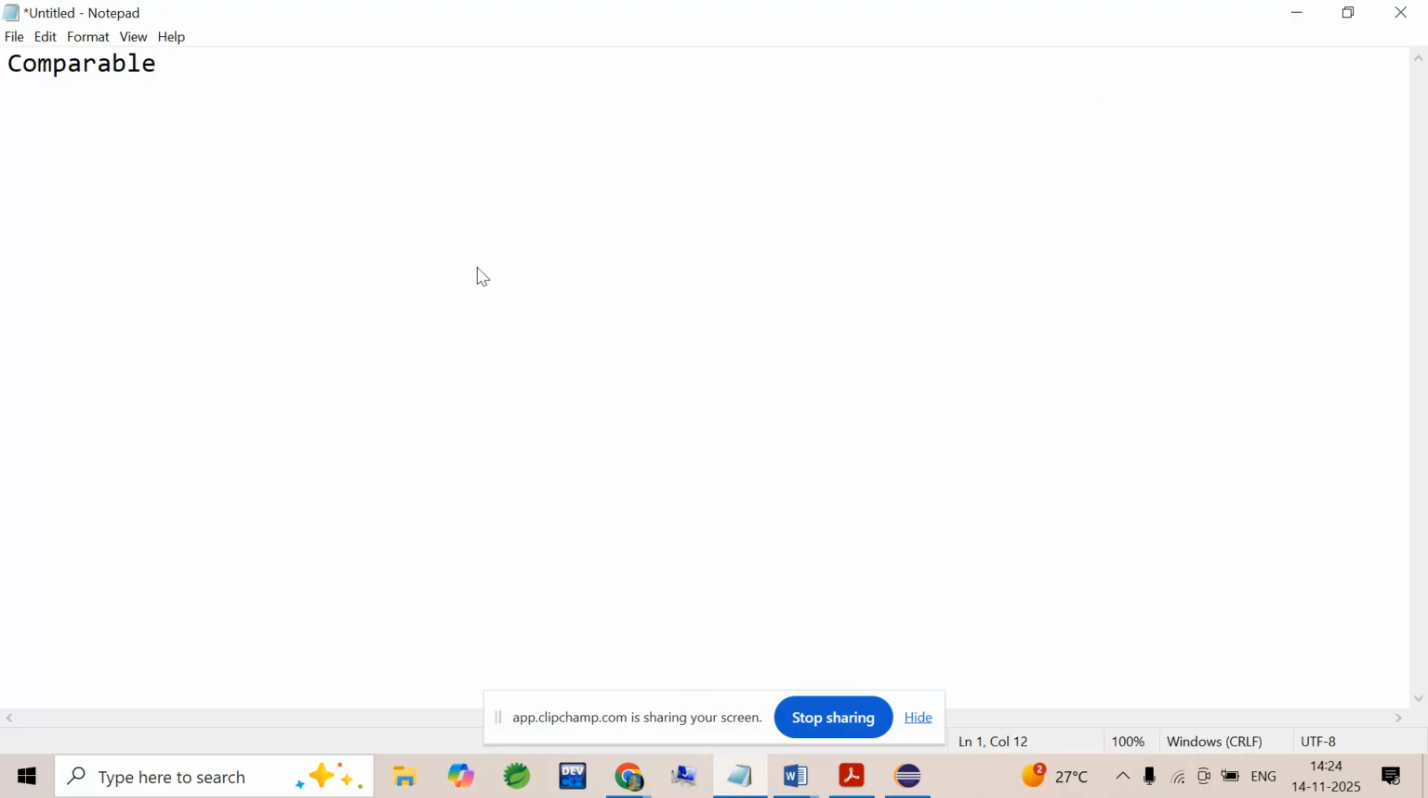I'll be explaining about the interfaces Comparable and also Comparator. Both are interfaces, and both actually do the comparison of the objects that you have in a class. Now, coming to Comparable,